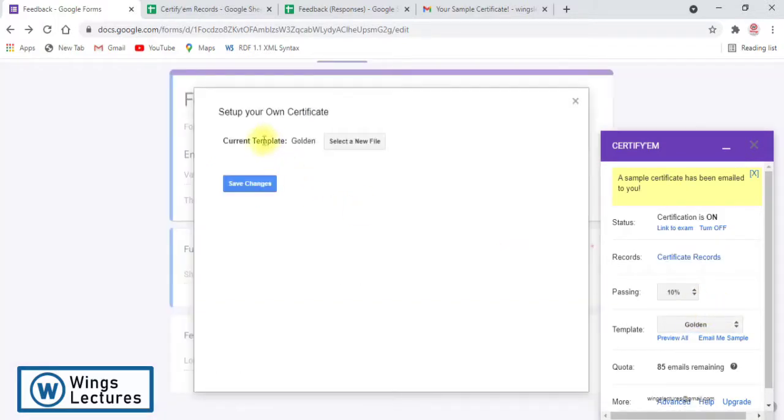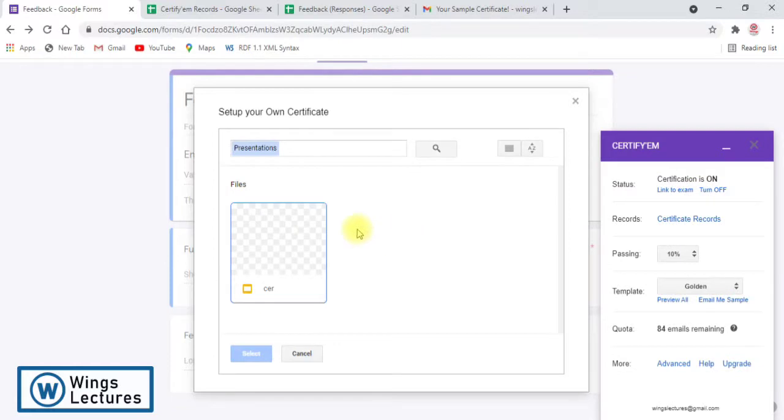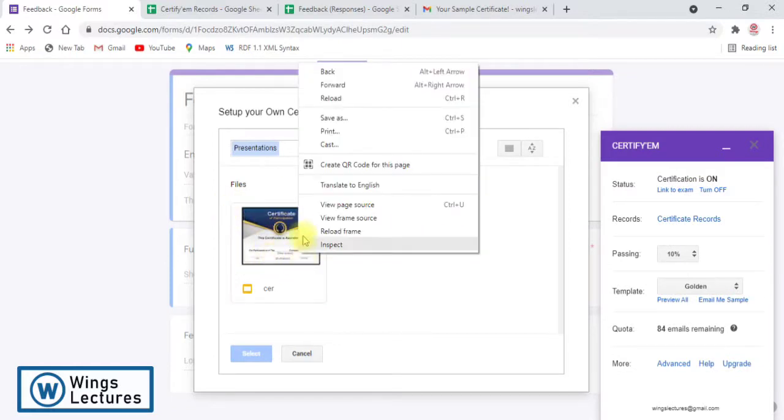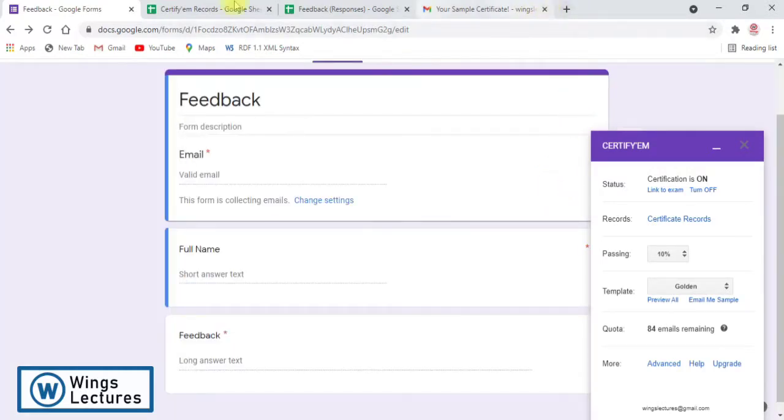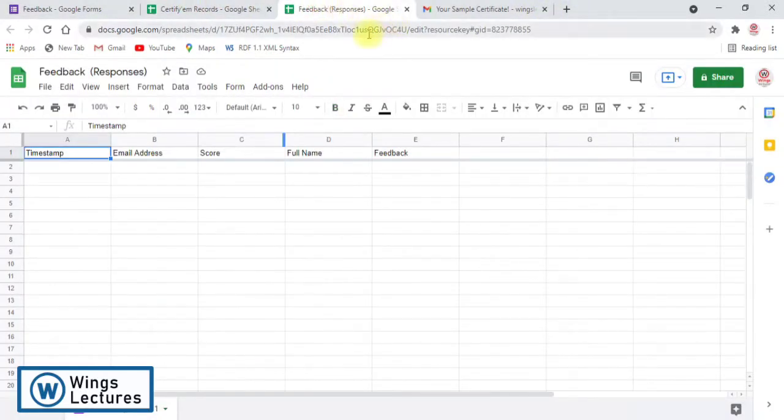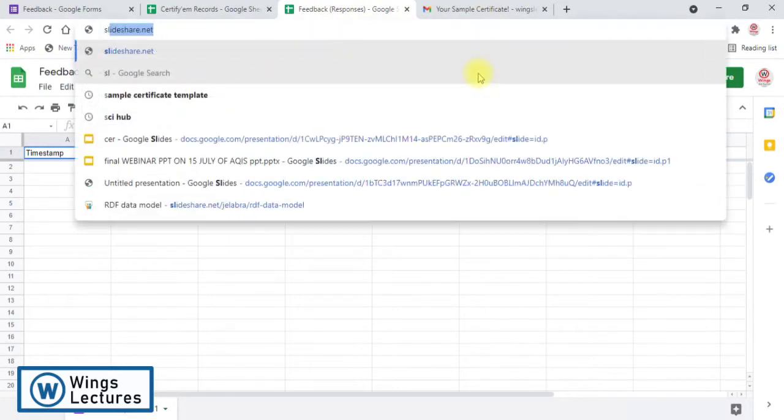Here it will ask you to choose a new one, so you can click select new file. Usually it won't be there anywhere on your PC. Actually, today I'm going to show you how to create a new one. The steps are very simple. Just close this and go to Google Slides.